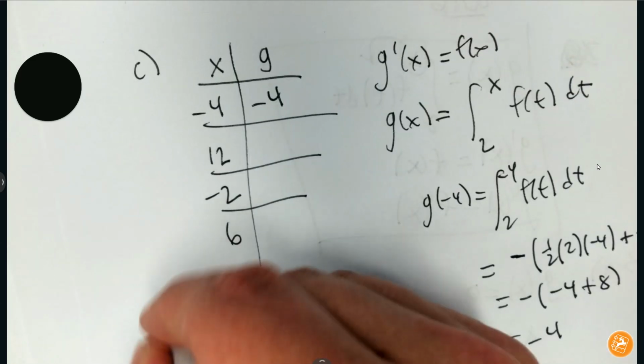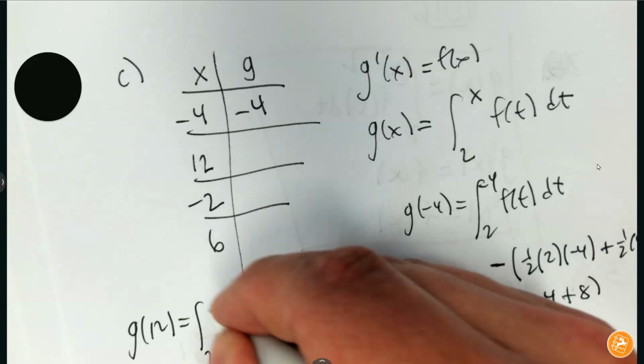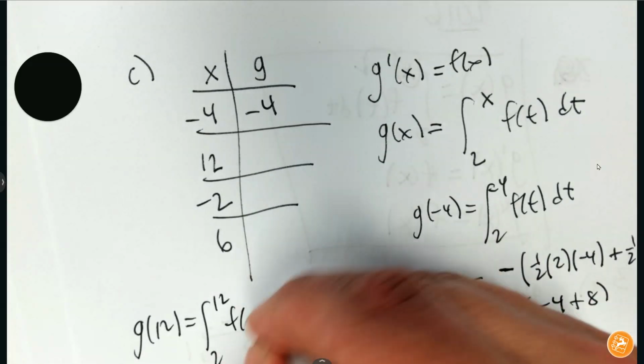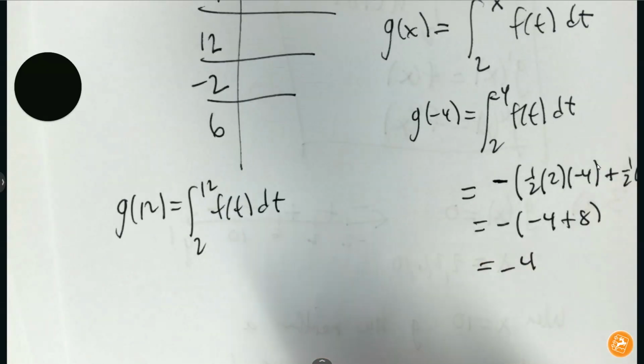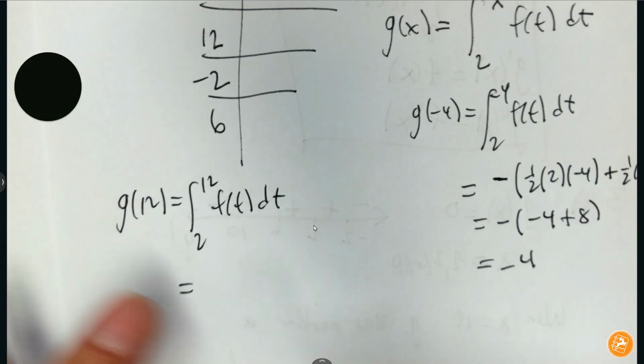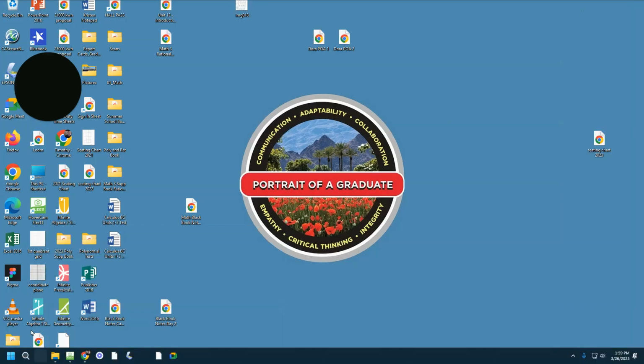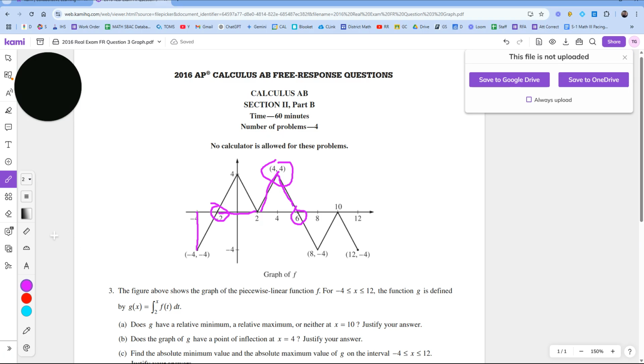So g at 12. So start with the equation. I'm integrating from 2 to 12. So the bottom bound is smaller, so I just find it's a positive value, and I just find the areas from 2 to 12. So let's look off the graph again. Let me erase what I have here. So from 2 to 12,